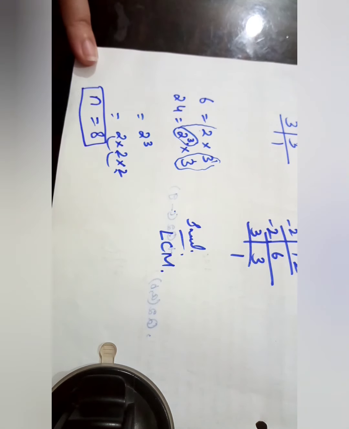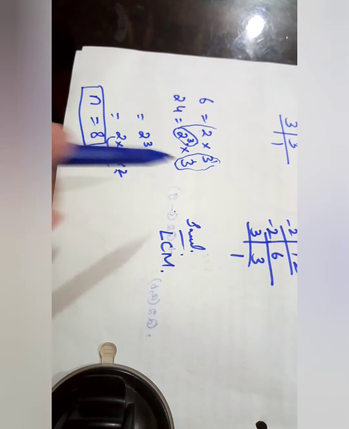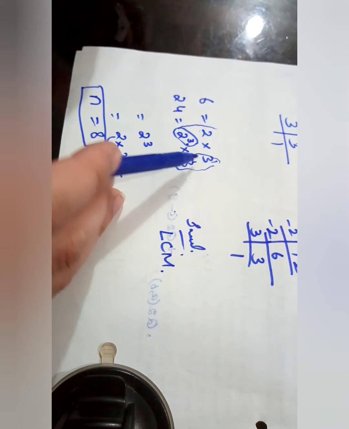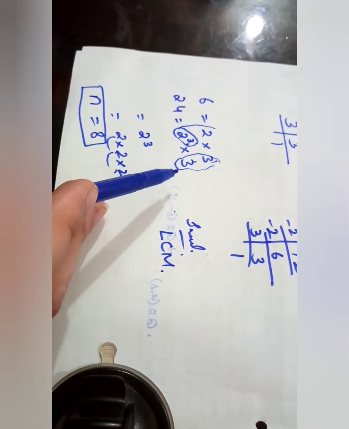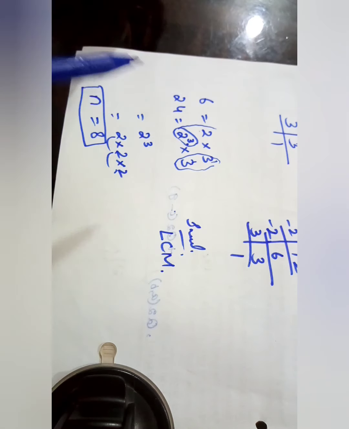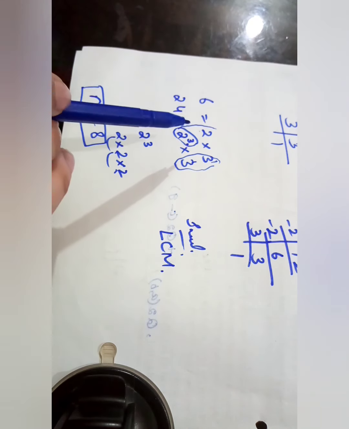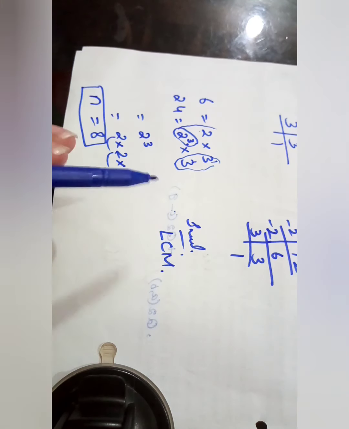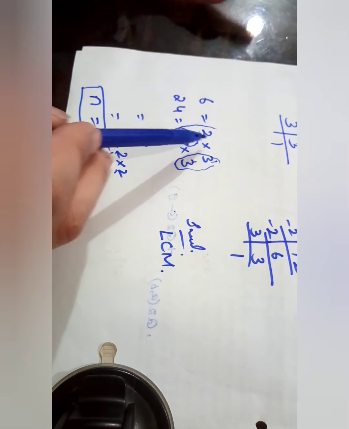n is 8. Again, I repeat why we don't select the 3: because in both the terms, the factor of 3 has the same power. So it will not be n, because n is the thing that is going to be in variation. So in that we will decide which value we will take. So 3 is discarded in that case. Now we have the 2 power 1 and 2 power 3.